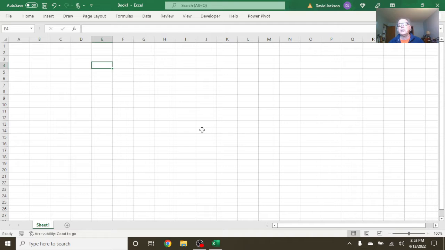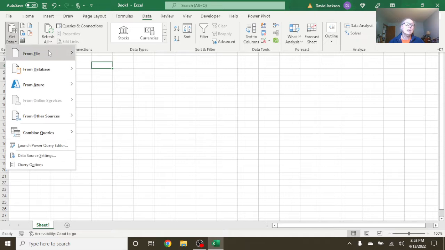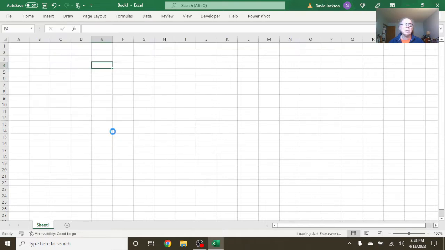Open up Excel. I'm using Office 365. Click on Data. Come over to Get Data, File, Folder. This is one of the real power features of Excel, okay? The ability to import an entire folder worth of data. In our case, that's going to be 12 CSV files, which contain all the data for the Cyclistic bike share project, okay? So click on Folder,